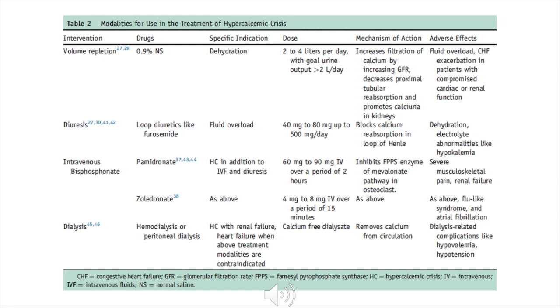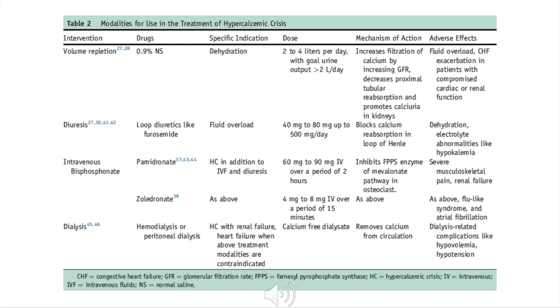So how do you treat hypercalcemic crisis? The first thing you're going to do is give fluid, so normal saline. These patients are going to be dehydrated because the urinary calcium is so high, and so they're peeing out a ton of urine to deal with that calcium level. So they need a lot of fluid. So start hitting them with a bunch of fluid but try to avoid fluid overload or exacerbating a patient with congestive heart failure. You can also give them diuretics, particularly loop diuretics like Lasix. Again, you don't want them to become fluid overloaded, and in particular, the Lasix will block the calcium reabsorption in